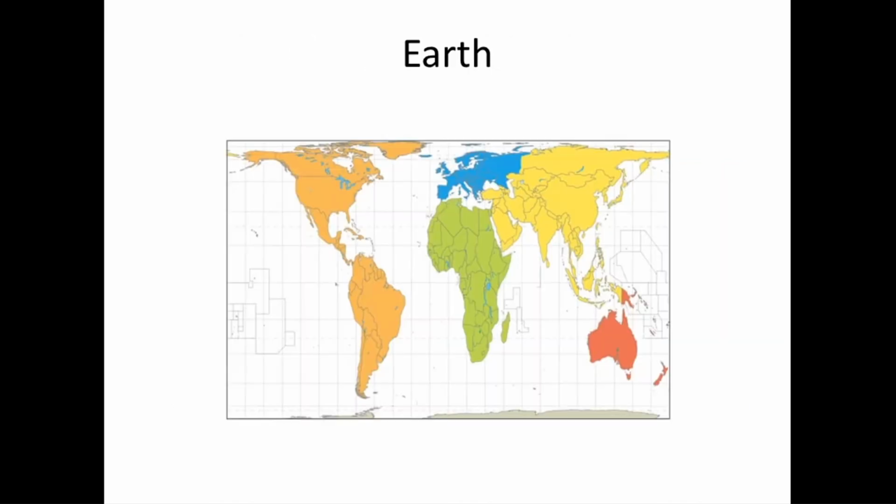The Earth, in its flattened representational form. So, if all humans, and they probably did, on the balance of probability, all of our ancestors evolved in Africa, in green. You can see Europe in blue and Asia in yellow. Asia is directly connected by land to Africa, and Europe is almost connected. It's very, very close. So it's easy to see how our very early ancestors could come, so-called out of Africa, and settle Eurasia, Europe and Asia. Less easy to understand, and what we're looking at today, is the settlement of the Americas